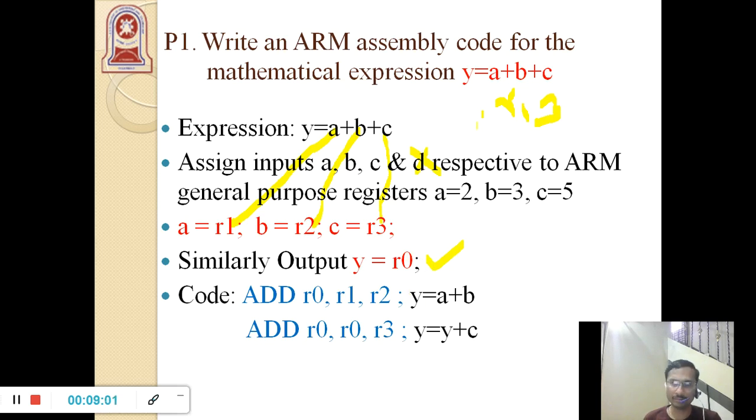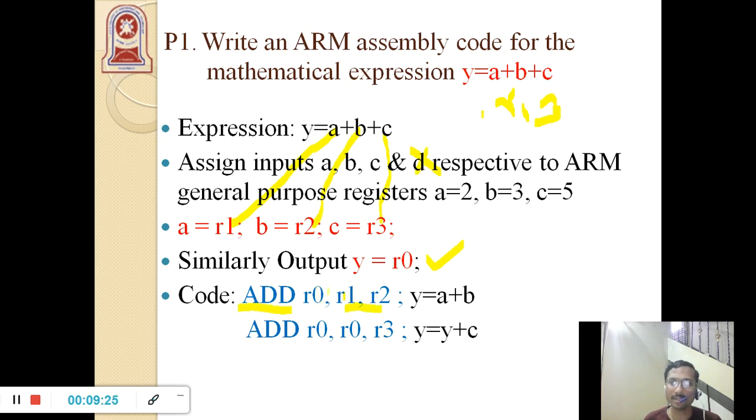Now, let me perform the addition operation between A and B, where A is mapped to R1, hence R1 and R2 are to be added. So hence we will make use of the ADD instruction. Add R1 and R2. The result is stored to R0.